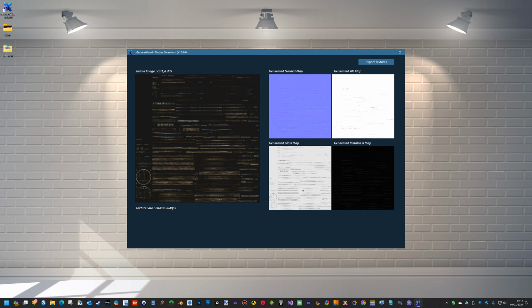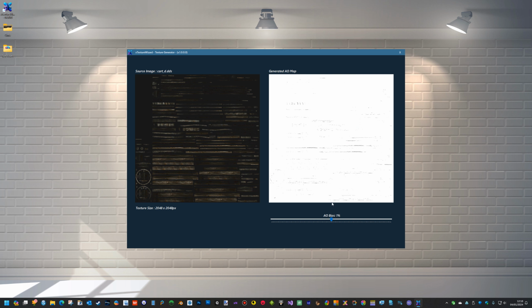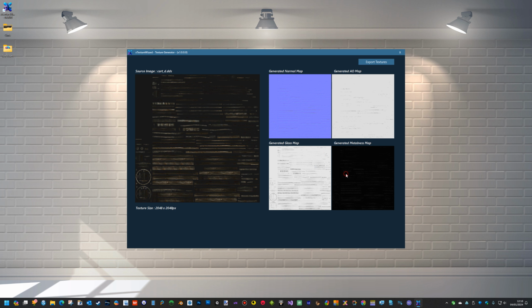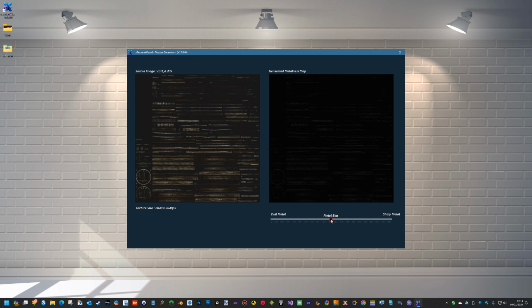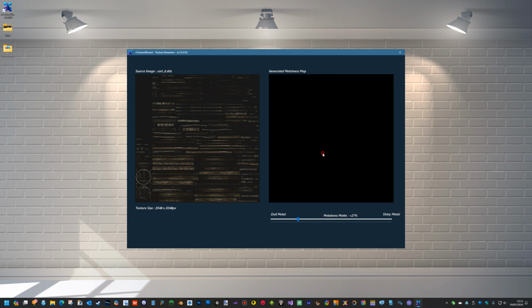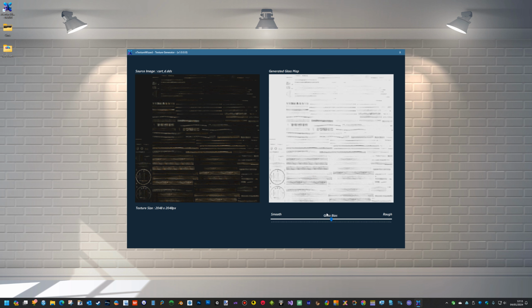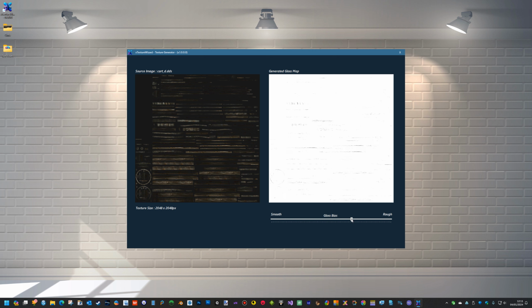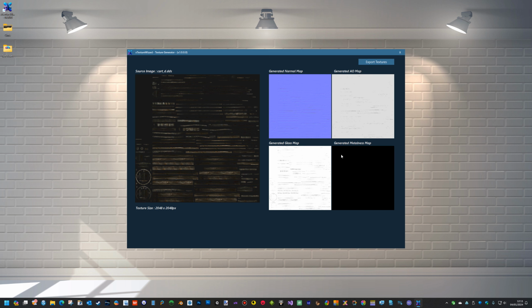And then let's have a look at the AO. Let's just darken that a bit. There we go. Metalness we want to be black actually, so let's take that right down. We don't want any reflections on the cart. And the gloss we want quite rough, so we'll take that up, not that much, losing detail. It's only as good as the original texture, and the original texture is not really that good, but we can make basic changes. So if we export them now,